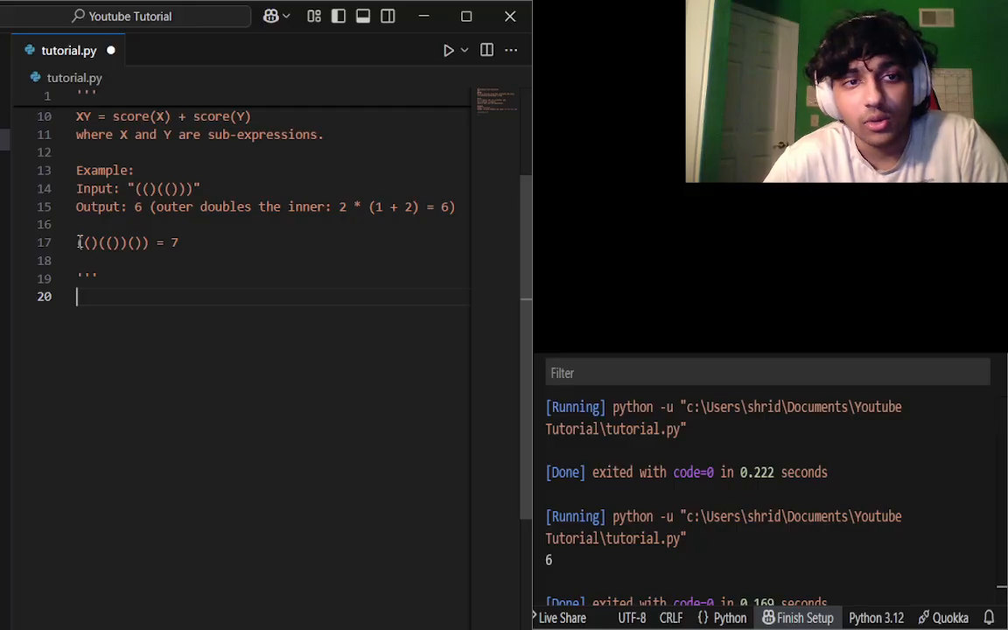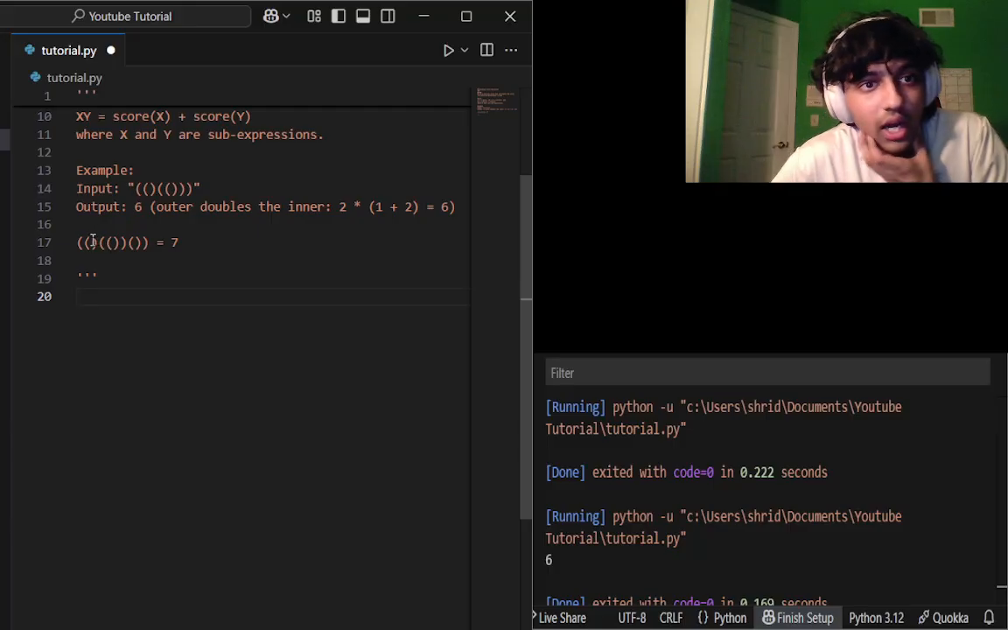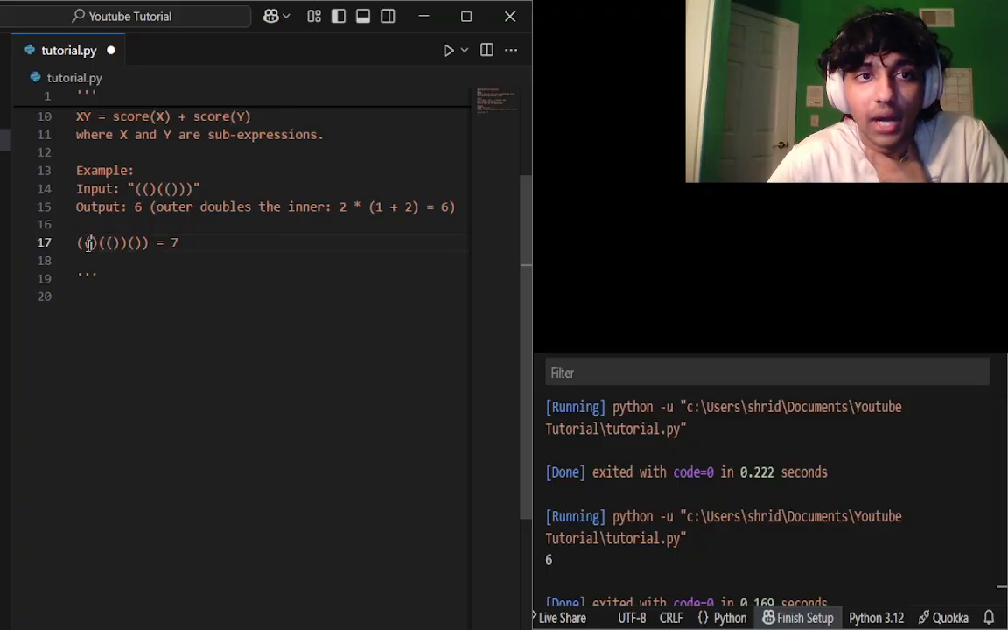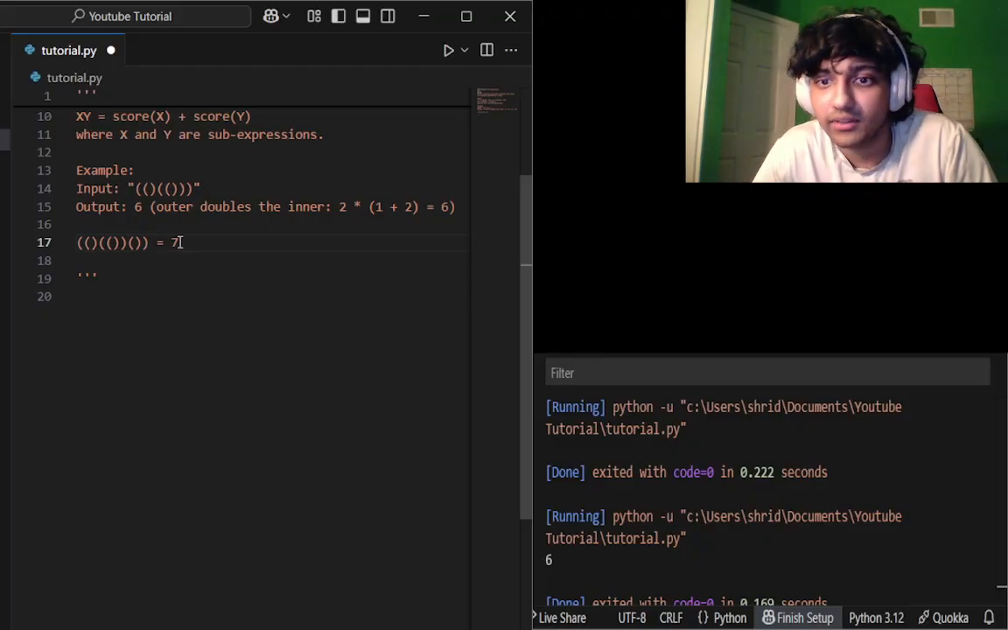And then what we can do is loop through, and if we see a left parentheses, we'll add it to the stack. Otherwise, we're going to pop the parenthesis out and keep track of the score based off of where it is. Because if we see, for example, the last element of the stack,